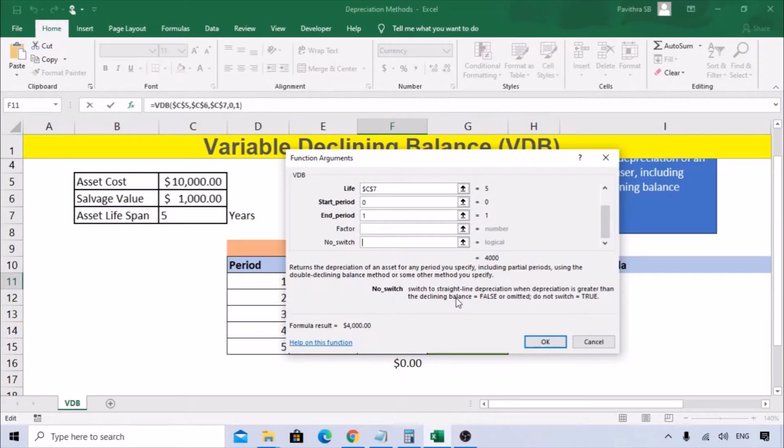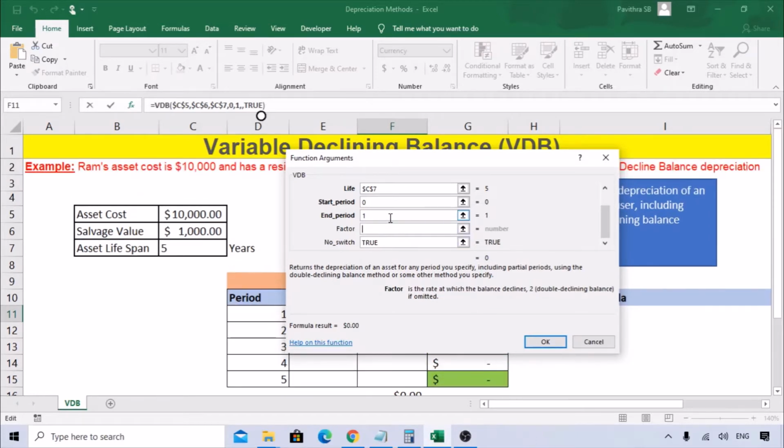When the depreciation value is more than the declining balance method, then automatically it will switch into straight line. But in this case we don't want it to switch to the straight line method. We will keep it as the double declining method itself. So if it should not switch, then you need to put it as true. Okay, let's type true here. We don't want to switch, right?